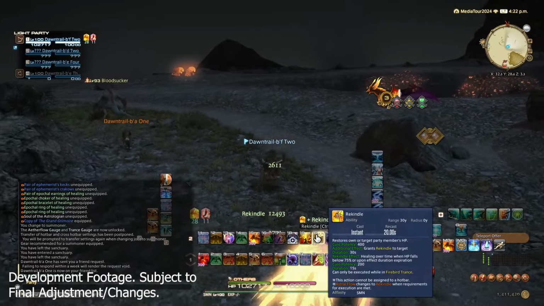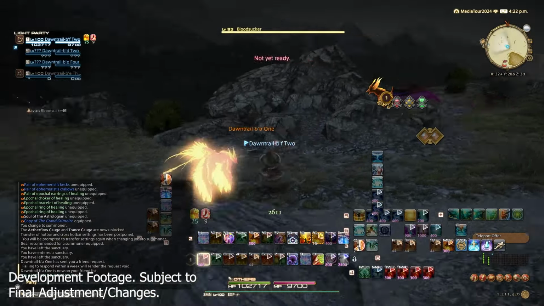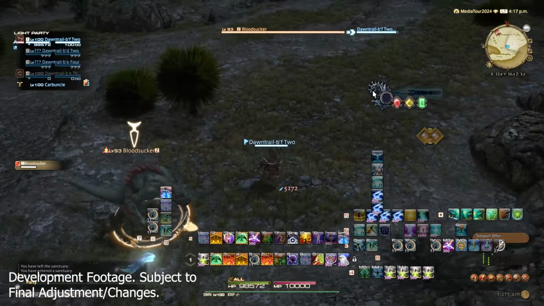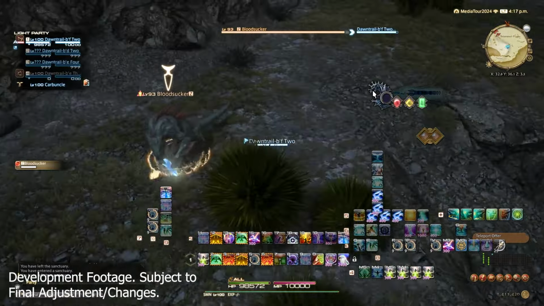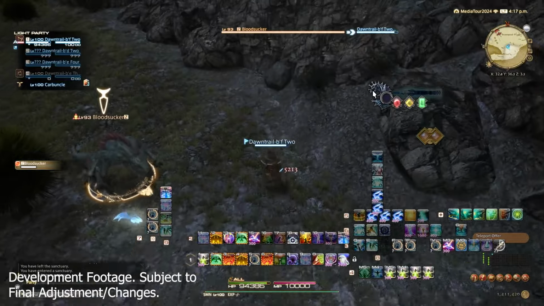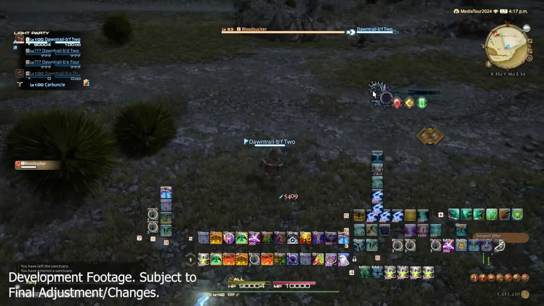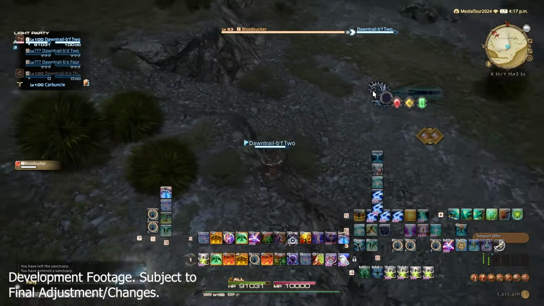But point is, if Summoner's spell speed is 0, it will align Solar Bahamut into the 2-minute windows perfectly, because it's going to be every 60 seconds that you get Bahamut, well, Solar Bahamut. So my overall Summoner thoughts and impressions is overall Summoner is the exact same Summoner that we know and love